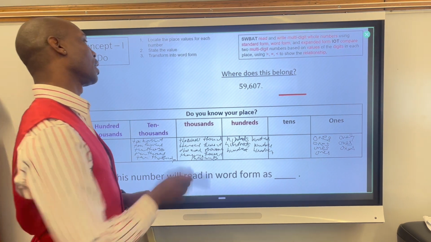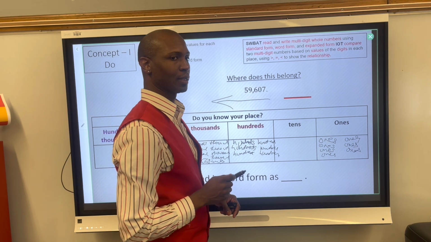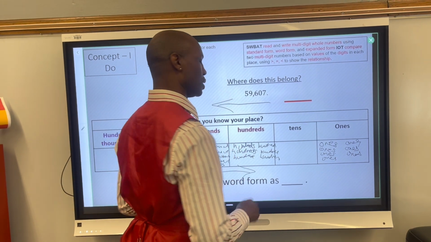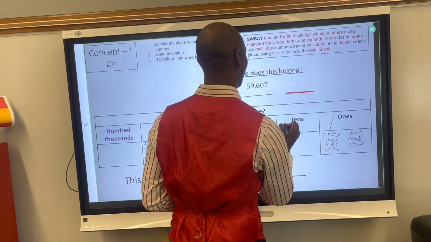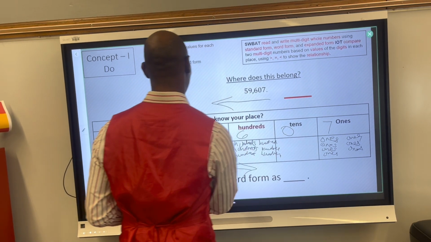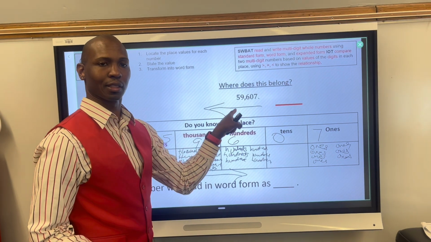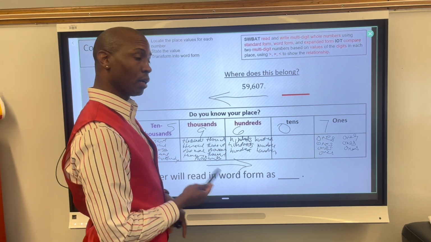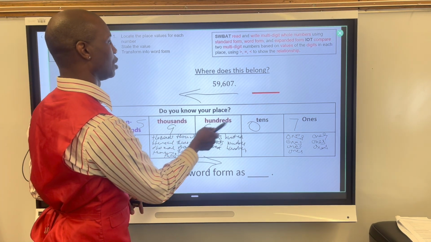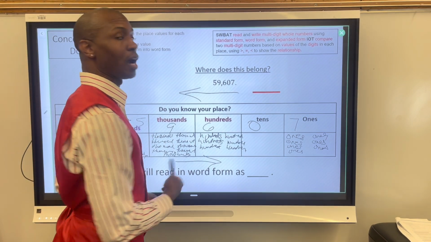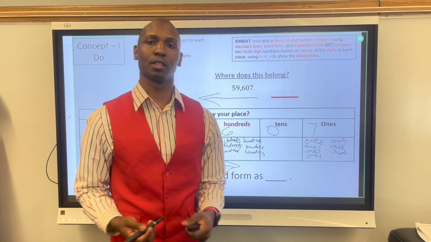Remember, as we write it, we go from right to left. When we read it, we say it left to right. So based on what I have, I can place my numbers in its place, giving me the exact same framework that I saw on the screen. Reading it aloud, I could say 59,607. That's how I would read this math problem and articulate it,